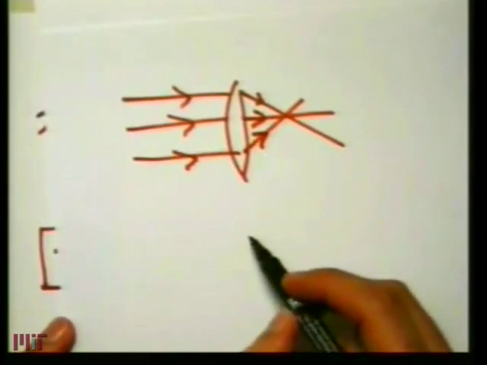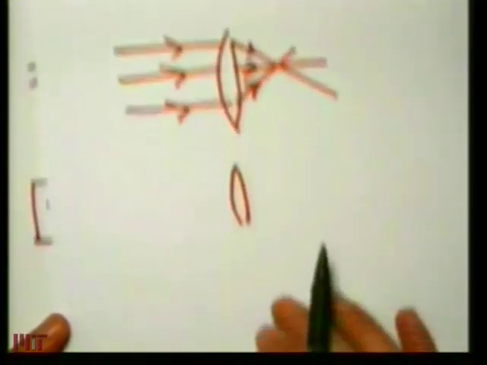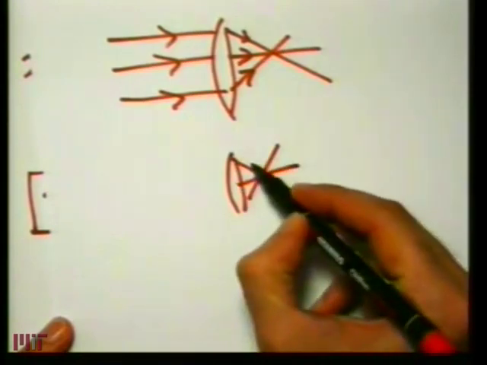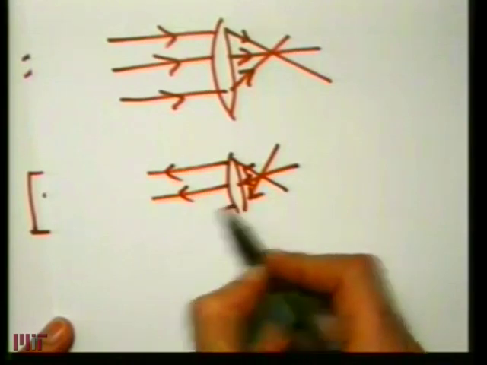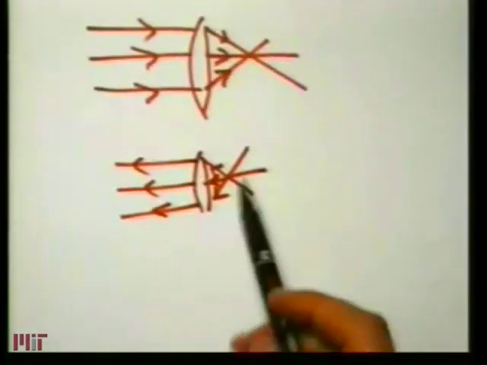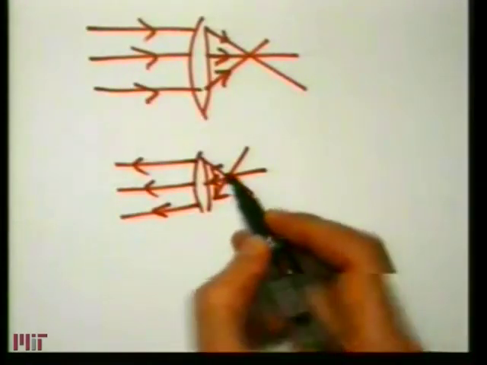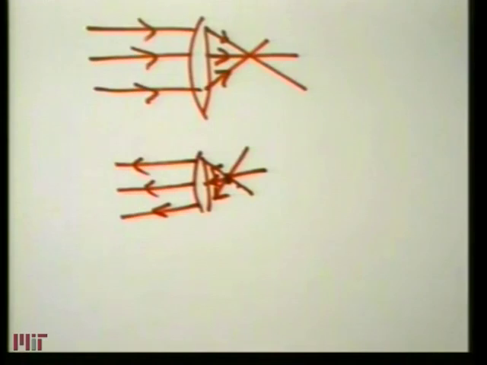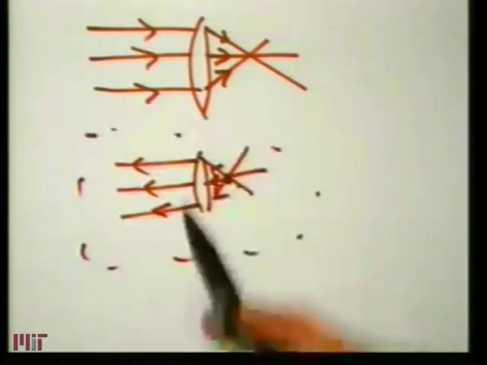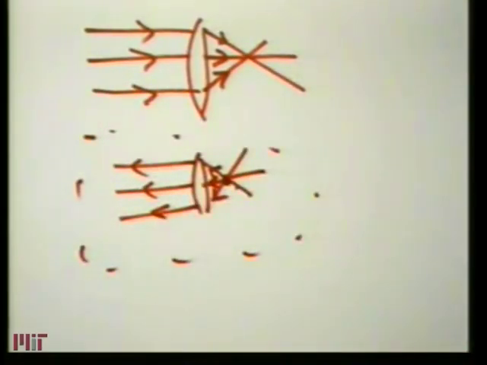We can very easily reverse the orientation of the rays, and if we do that, then we can see that if I have a point source over here, it will actually get imaged at infinity. Now, of course, according to my sign conventions, this is not the proper way to write it. We have to make sure that the light propagates from left to right.